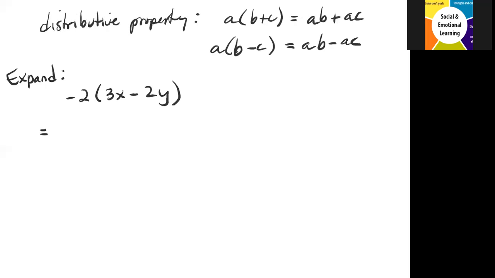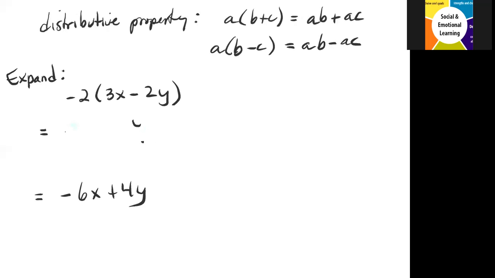Negative 6x plus 4y. Yeah, negative 6x plus 4y, right. So what we did here, I'm going to write that down: negative 6x plus 4y, and we're just going to